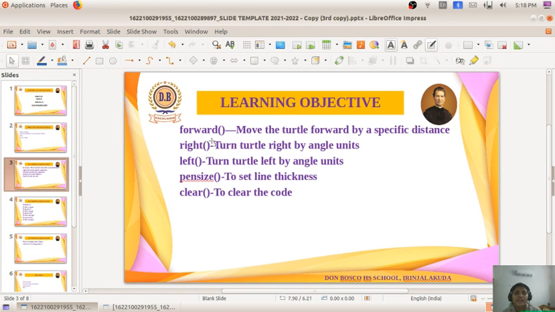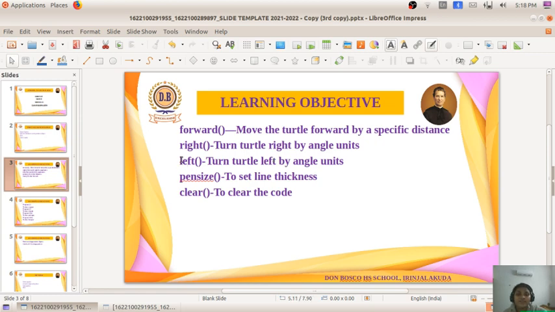Then the command right turns the turtle right by angle units. When we apply the command right, you can see the arrow mark moving right by the angle in degrees. If it is 60 degrees, the turtle will move 60 degrees right.